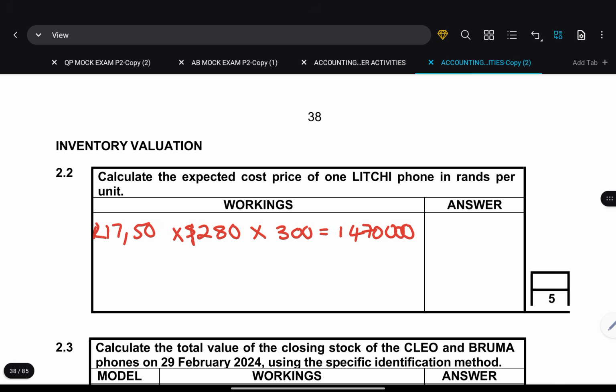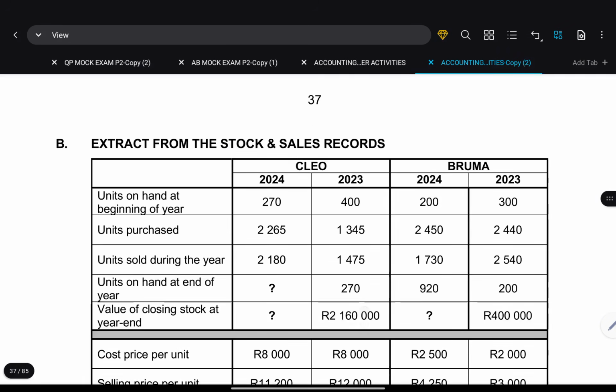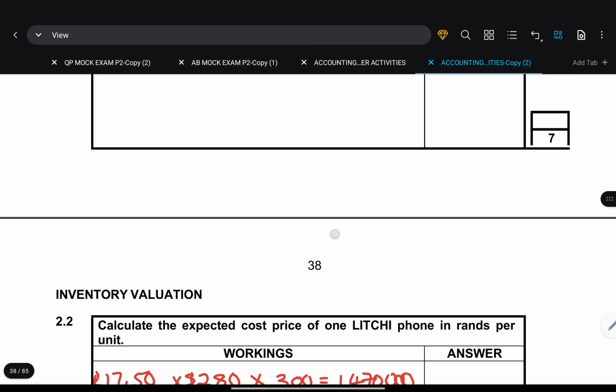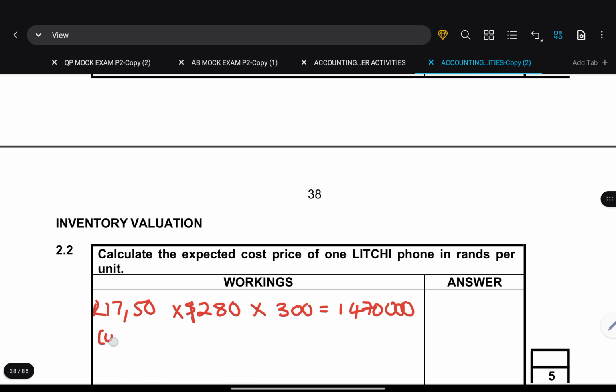1,470,000. Now we need to remember something very important that they said. They said that we have customs duty, and customs duty is 12%. So we are going to get that customs duty now. Our customs duty will be as follows: 1,470,000 multiplied by 12 over 100. Let's see how much we get. When you multiply by 12 and divide by 100, it gives you